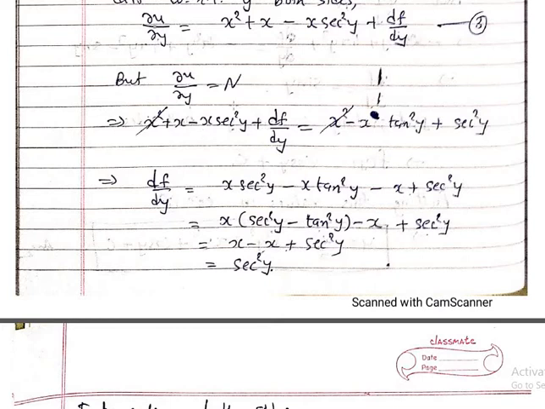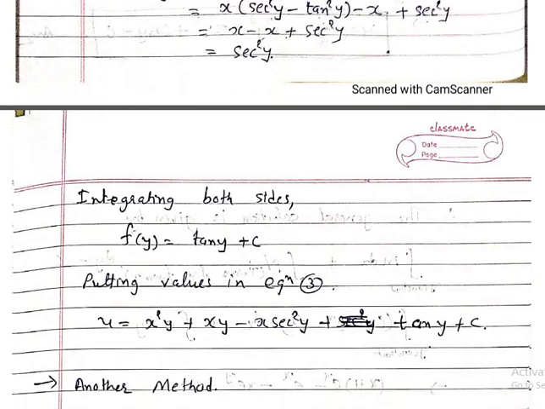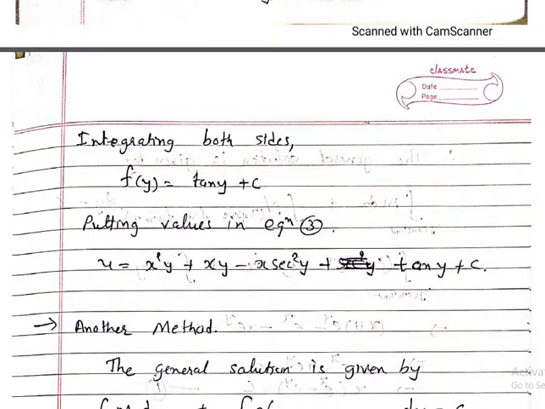So we are going to take all terms other than df by dy on the opposite side. That will give you df by dy is x square y - x 10 square y - x + x square y. So here x common out, x square minus 10 square will be 1. So x - x + x square y, that will be x square y. So you will have df by dy is equal to x square y,